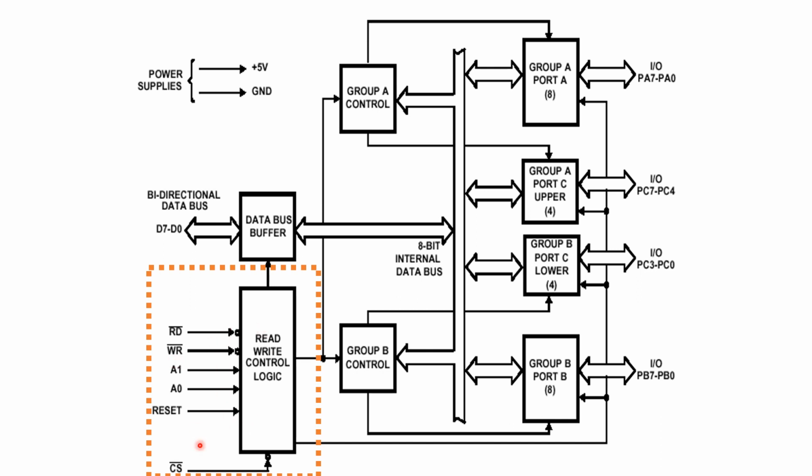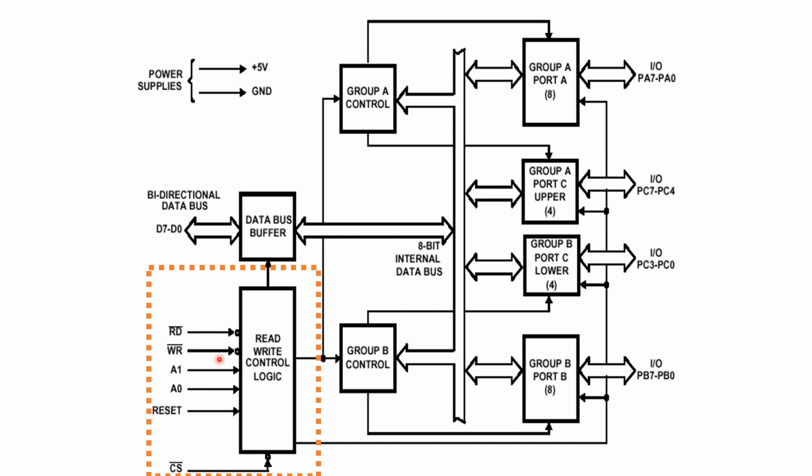So in this particular block we have several signals. The first one is the chip select pin. The chip select is an active low pin. So a low on this input selects the chip and enables the communication between 8255 and the CPU. If a 0 is coming to this pin, 8255 becomes active, else it will become inactive. So this is the chip selection pin. Next we have the read pin. A low on this pin enables 8255A to send the data or information to the CPU. That is the read pin.